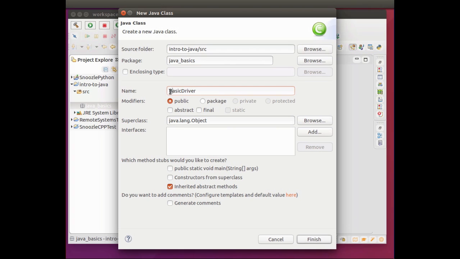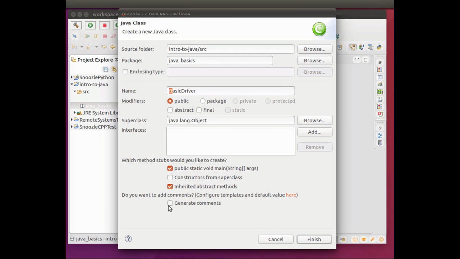Now, classes generally have something called Pascal case, where it's like camel case, except the first letter is uppercase. And this is to differentiate between classes and primitive types like int and stuff like that. And then we want to make a main. So main's where the compiler looks to run the code. So I'll make a main,